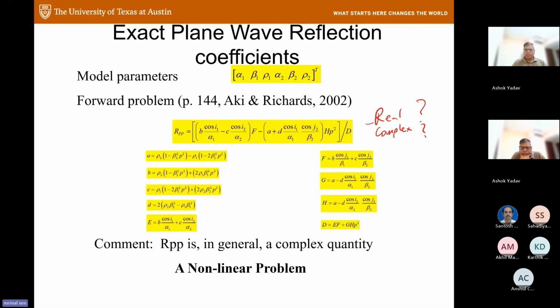So what happens is that it's a function of P, and so P is here, sine theta over V, right? And Q is equal to the square root of 1 over V squared minus P squared, right? So what happens is that when P becomes greater than 1 over V, then Q becomes complex, right? So when does it become greater? So for example, let's say that